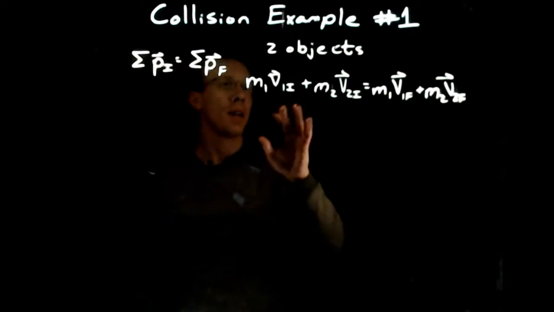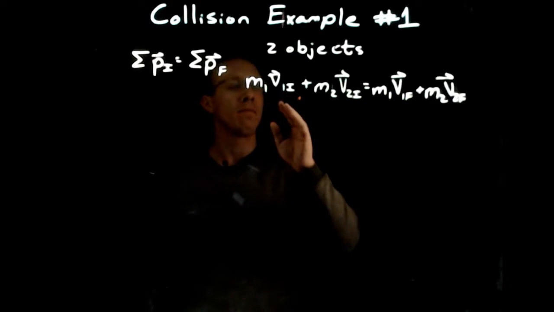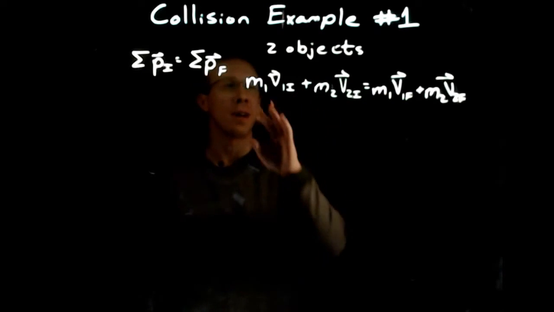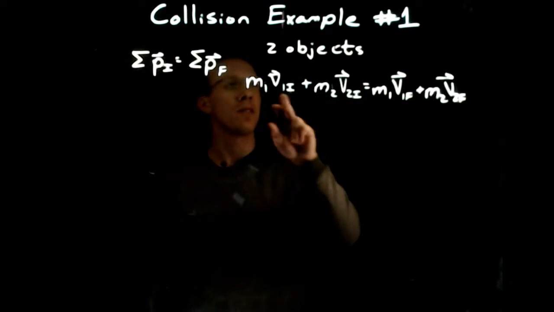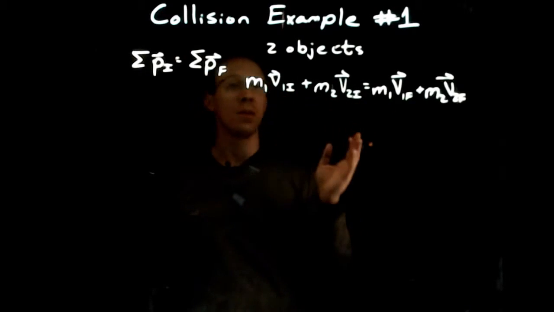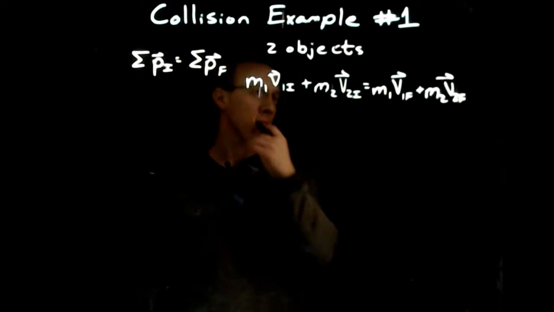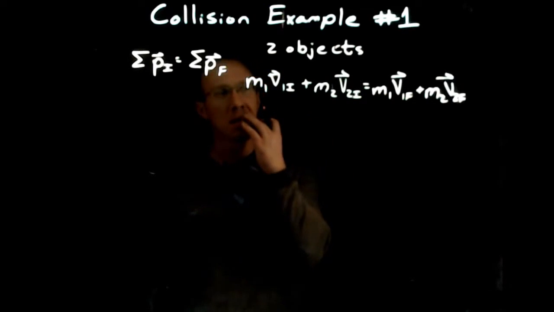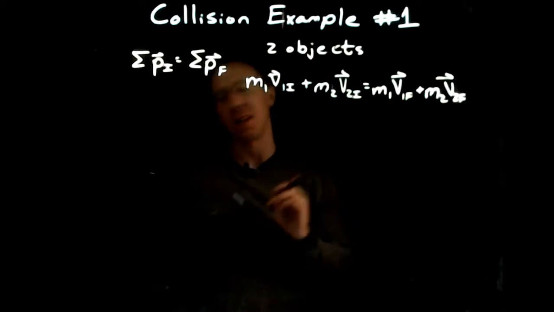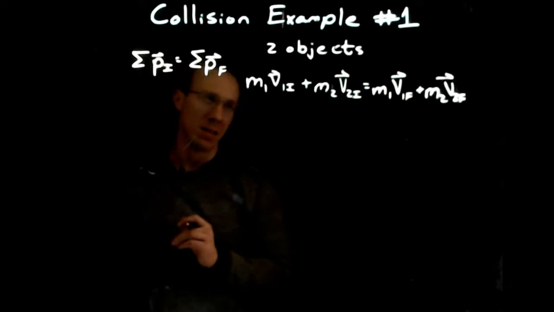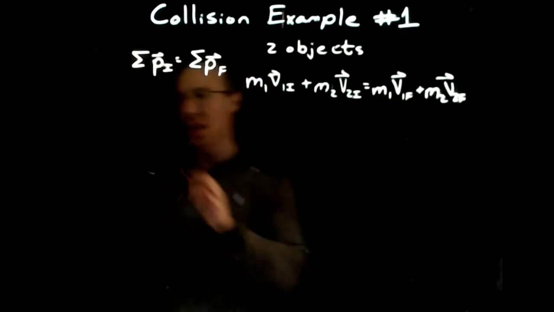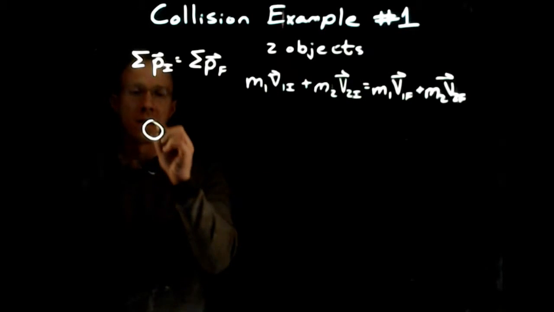We'd have to be given three of the unknowns, basically, right? We'd have to be given mass 1, mass 2, and V1I, or actually more than three. We need more than three to solve this problem. But we'd be either looking for the initial velocities or the final velocity of something, or even maybe what the masses are. All right, so let's say that we have two objects, mass 1,